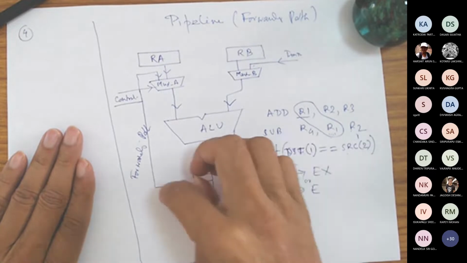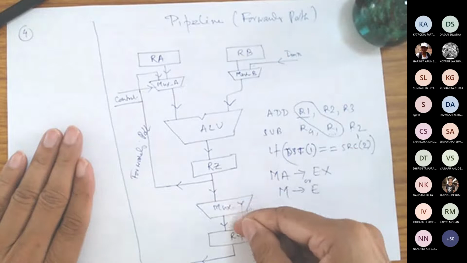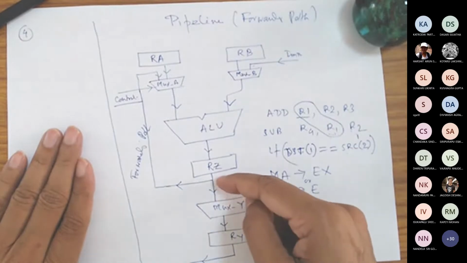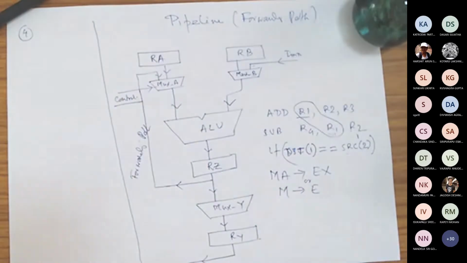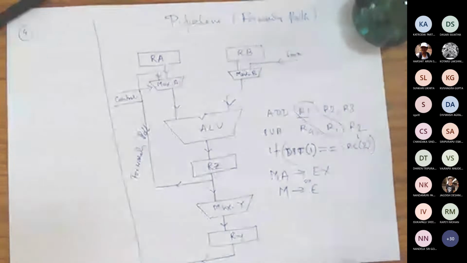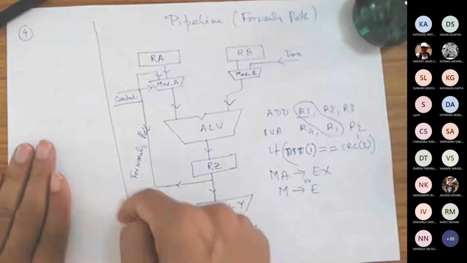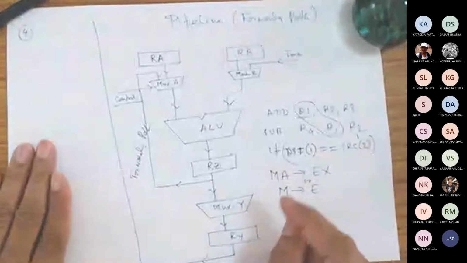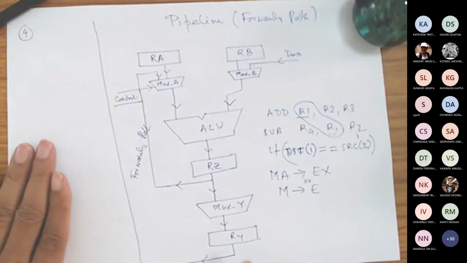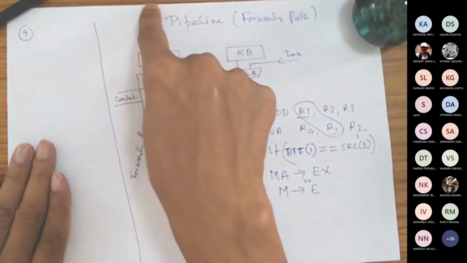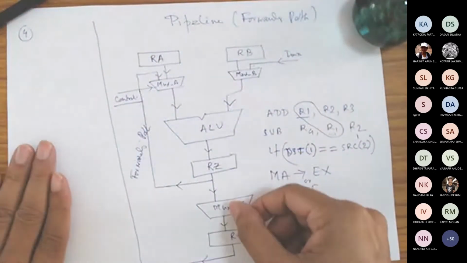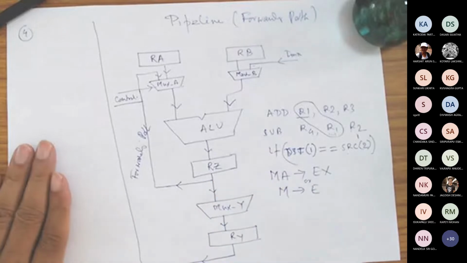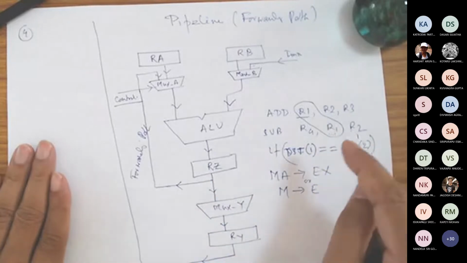When this is going on, at the same time the value also goes back. The first instruction goes into the 4th stage, then into the 5th stage, and the pipeline gets executed smoothly. Nothing is restricting the first instruction; it goes as usual. We are not restricting that, so that the value of R1 is written back correctly, because R1 may be used at a later stage. That's why we are not stopping the write back stage of the first instruction.